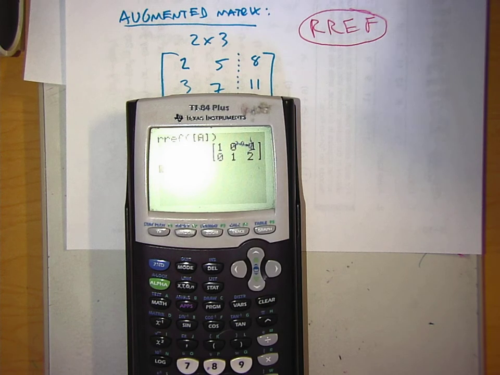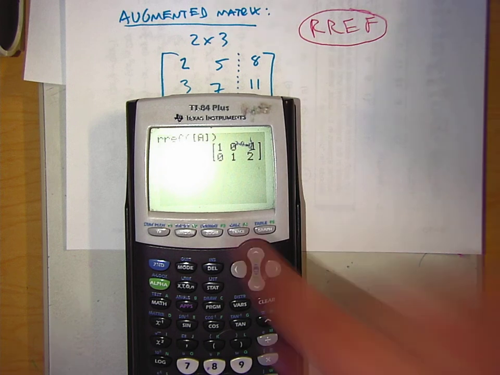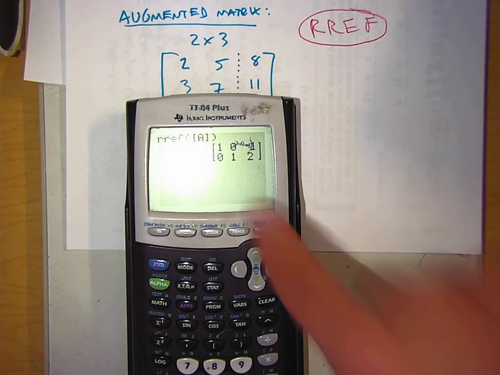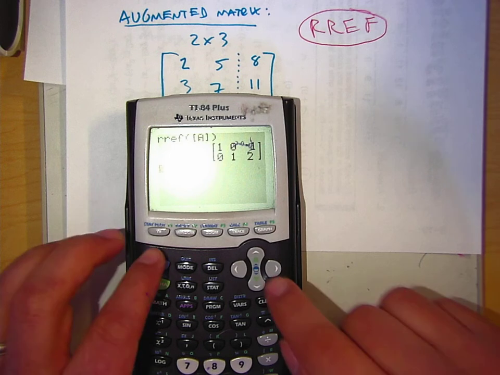This is by far the fastest way to solve systems. I mean, if they're easy, you can do them by hand, but maybe on the SAT or whatever, if you see a system and you're like, man, I don't want to solve that, that's going to take me a couple minutes. This will do it in 10 seconds if you know how to program it. Okay? Not only does it do 2 by 2s, but